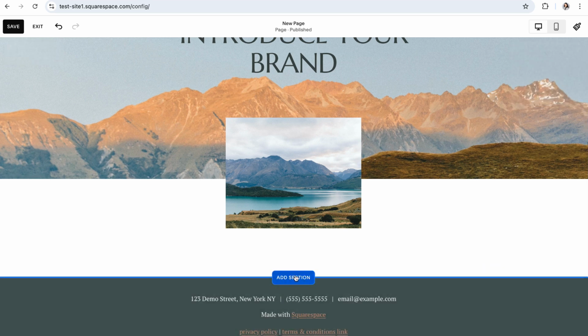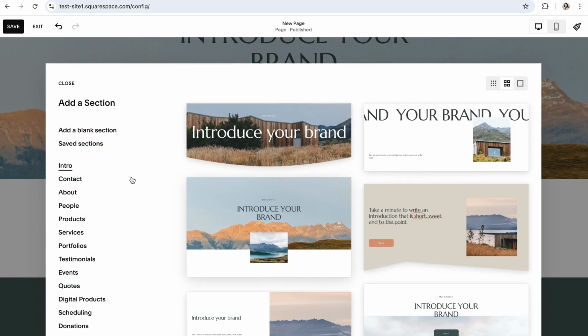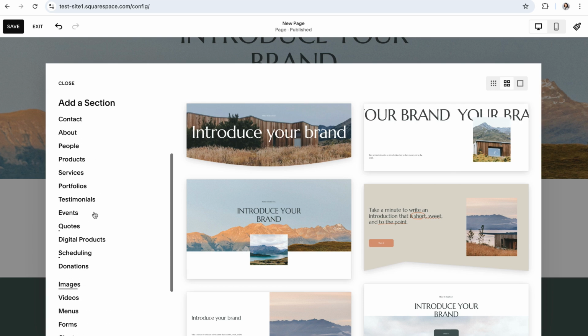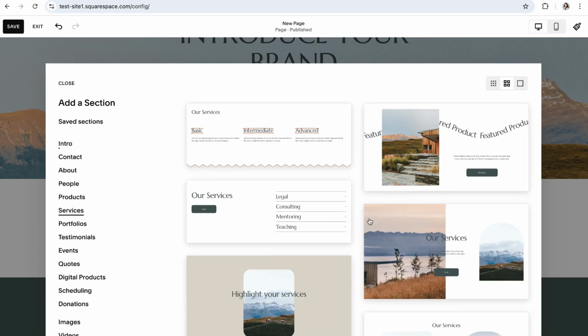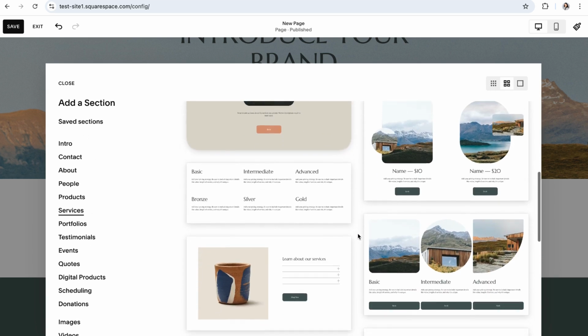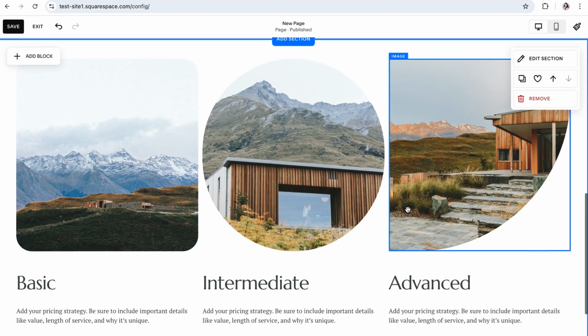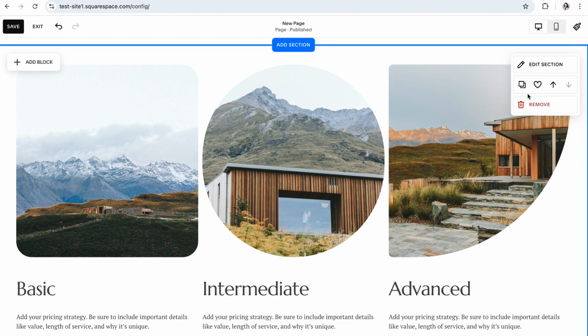When you click the Add Section button, this window will pop up and you can choose to add a blank section to start from scratch with, or you can choose one of the pre-designed sections created by Squarespace. They really have so many different section designs to choose from. Once you've added your new section, hover over it to access the section settings up here in the top right-hand